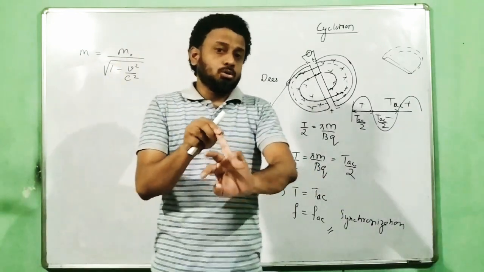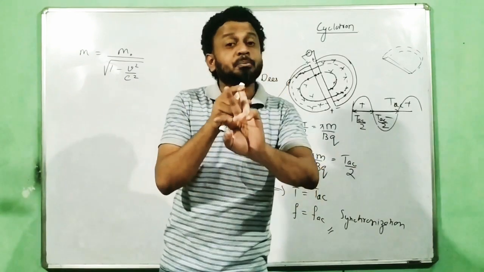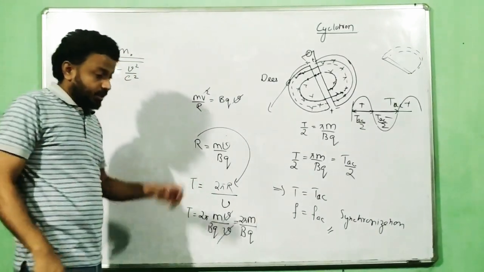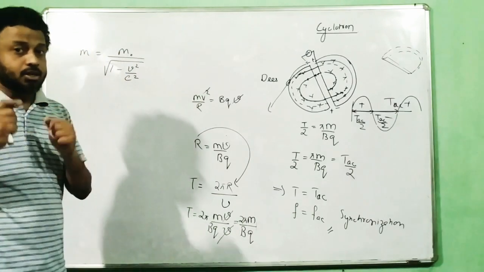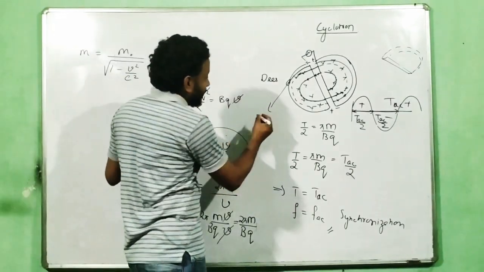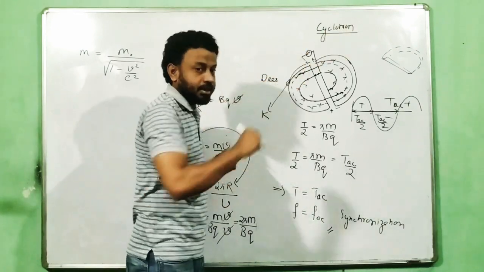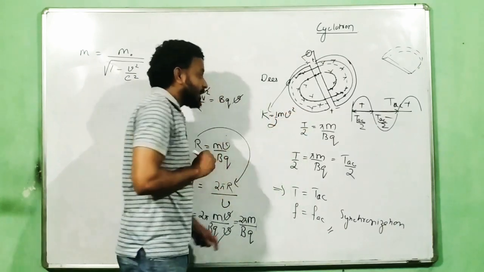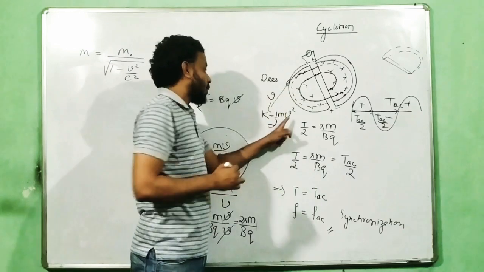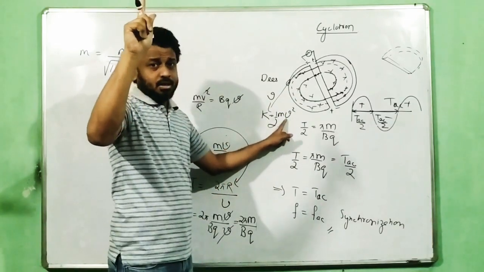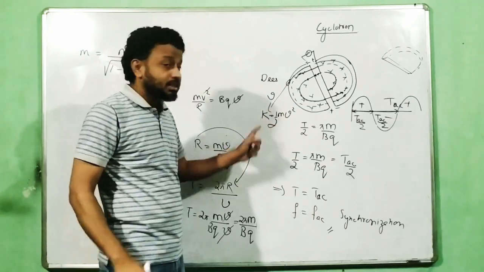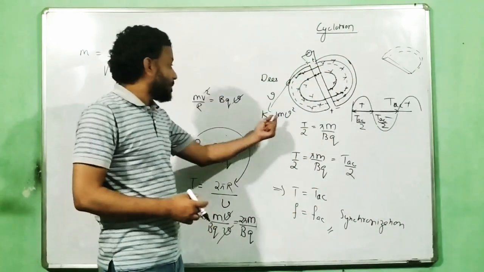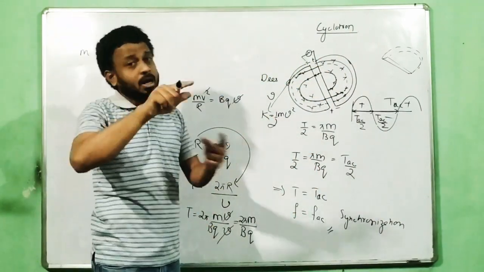We can use electron also, but we don't prefer. Why? That's the question which they asked. Why is electron not preferred in cyclotron? So in that case we will write, since electron has less mass. See, I want to achieve a kinetic energy so that it can go and hit a target. Am I right? And kinetic energy is equal to half m v square. So the output velocity with which it is coming out has to be very high if my mass is very less, in order to achieve a desired kinetic energy. For example, I want a kinetic energy of 100 joule. But if my mass is very less, that means my velocity has to be very high to get 100 joule. Correct?